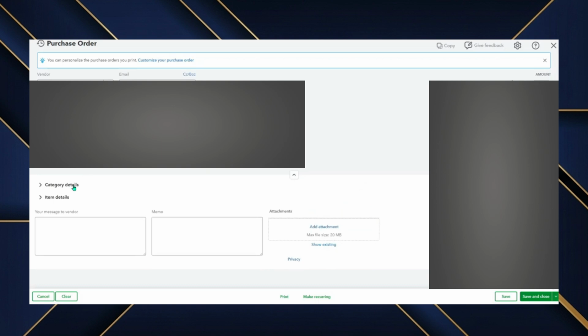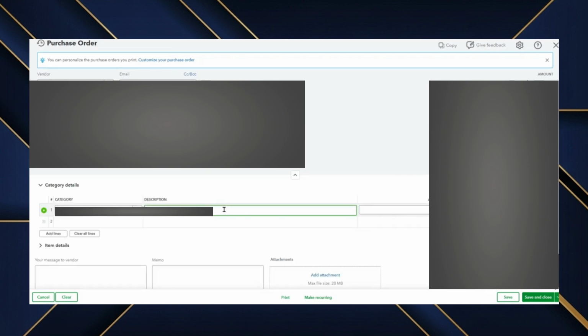Category details works for general purchases or services you don't track as items, while item details is best for products and services you've set up as items, especially if you need consistent descriptions, rates, or inventory tracking. Add the description, quantity, rate or cost, and any tax settings, and include class or location fields if you use